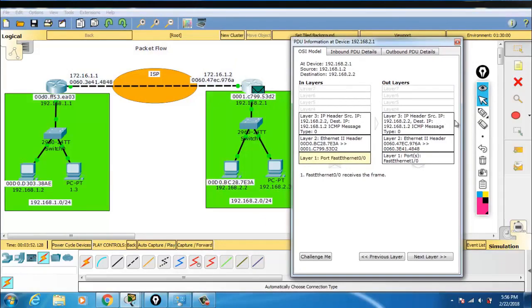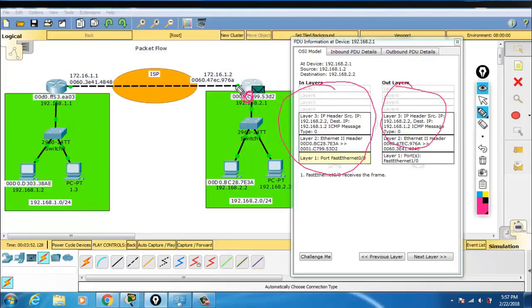in the layers, this is the packet which I got in this interface, and this packet is which I am going to send out. So these are two packets, the packet I got in my interface and the packet I am sending out of my interface.